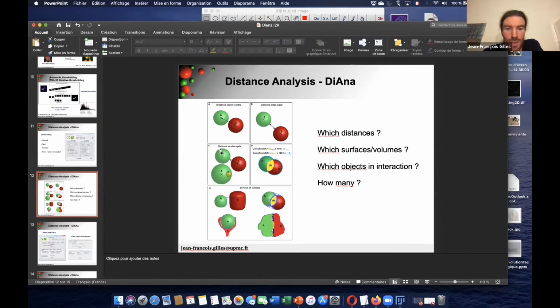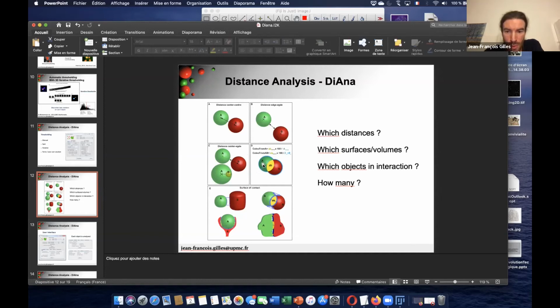When we say center to border, we take the first for the initial object, so the A, and the second is for the last. So center to border is the center from object A to the edge, the border, of B.